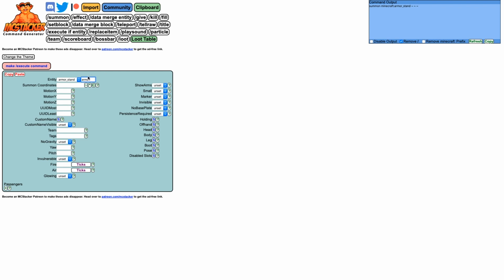So now for the armor stand, I'm going to change it so it's not invisible for now, but I'll change it to invisible later on. I'm going to have it be invulnerable, no gravity, and no base plate. It'll just be easier for me to use when it's like that. And I'm not going to put anything anywhere, but I need to make sure that the tag is pistol blast. So now if I take this